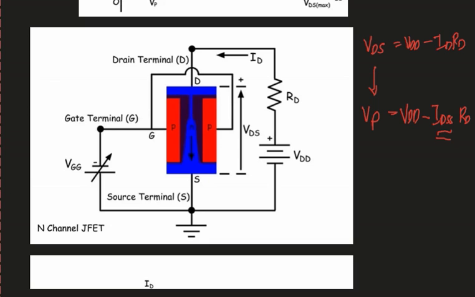Okay, so how about if we increase the negative potential sa ating nga gate terminal? Ano ang matabo kung dugangan naman naton? Kung dugangan ko ang values ng negative nga potential sa gate terminal, that means that the channel gets narrower and hence